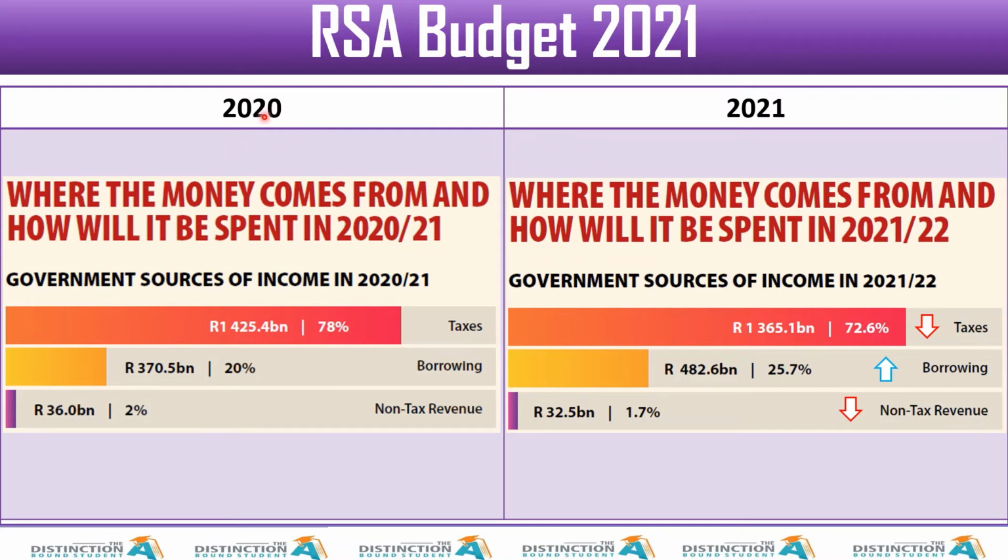Here we are now comparing 2020 with 2021. So what happened to taxes? No, not taxes. This is where the income is coming from. So the money that was collected, let me put it that way, or maybe I would say the money that is expected to be collected. So there is going to be a drop in terms of what they expect to collect from us through taxes, which is